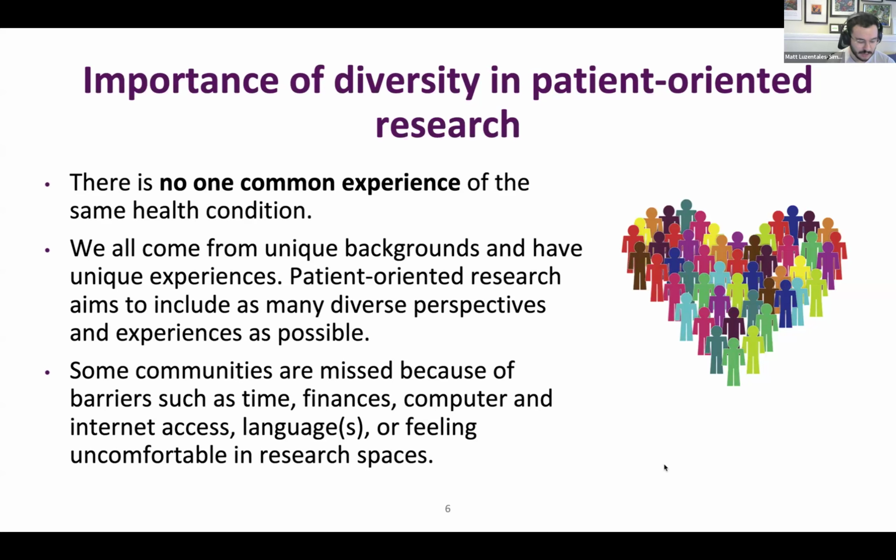There may be things that are similar, and there may be barriers that they all face due to that health condition, for example, but everyone's social, economic, racial, cultural, religious backgrounds all intersect with their lived experience of living with various health conditions. And this creates diverse experiences that can give us all, and give patient partners, incredibly unique insights into the research that you may want to